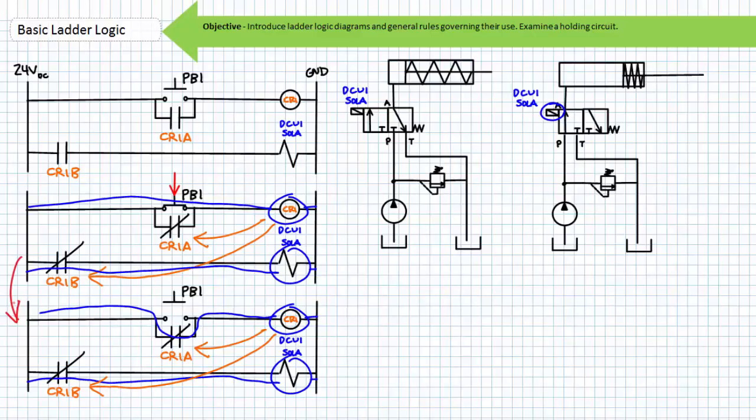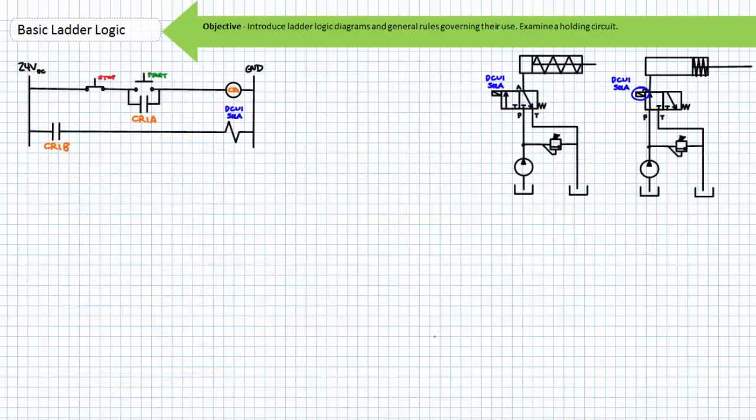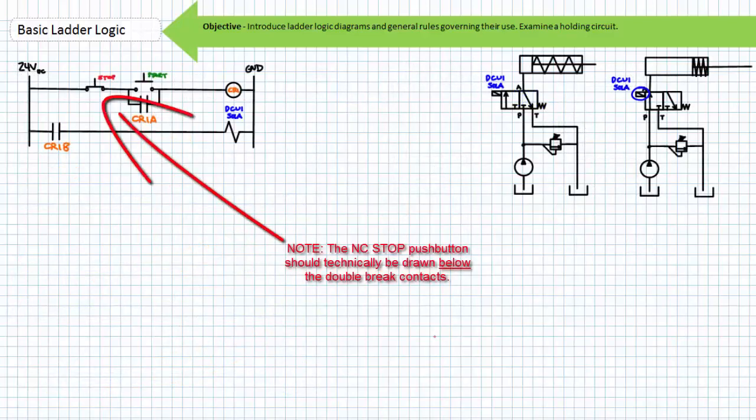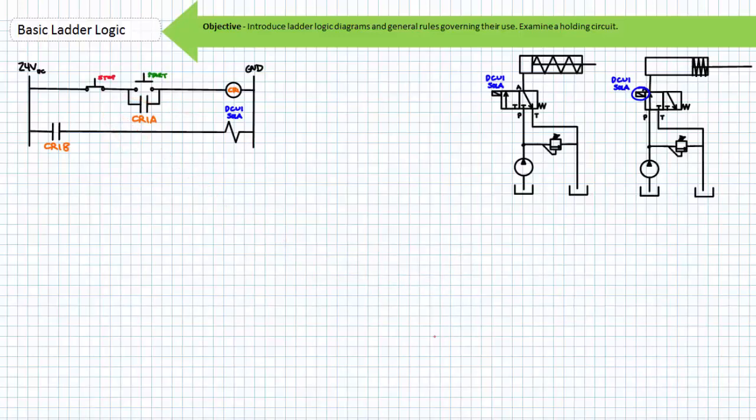An operator can press and release a single button and spend the rest of the day looking at cat pictures on the internet. The curious among you may ask, how do you retract this cylinder? As currently implemented, you can't, at least not with any degree of ease. Let's give ourselves some room and return to the natural start state for this system and modify the ladder logic diagram ever so slightly by including a momentary normally closed push button in rung 1